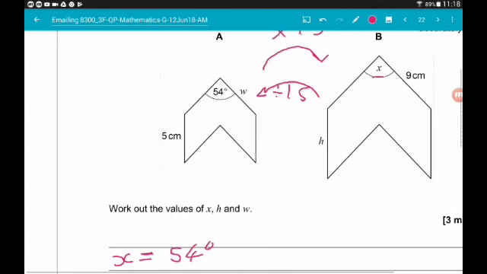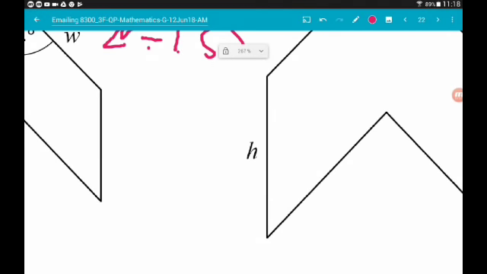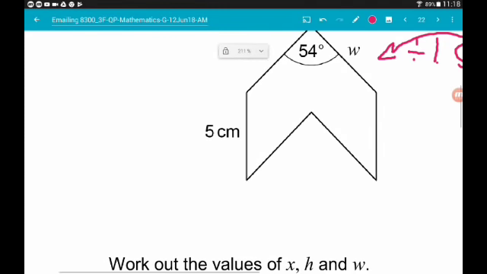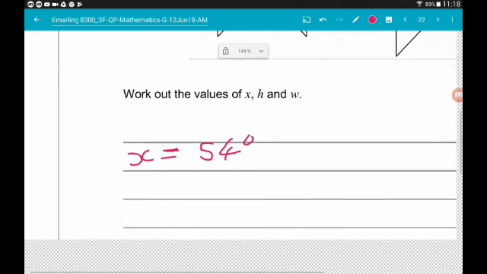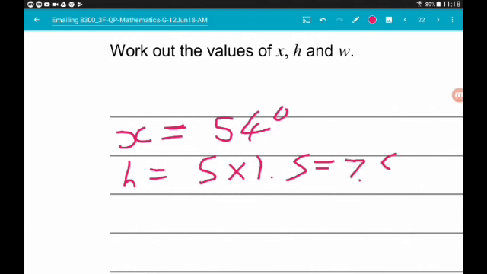Okay, H is this length here. The corresponding length on A is 5. So H is 5 times 1.5 which is going to give us 7.5